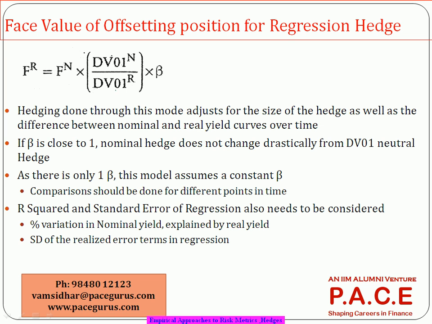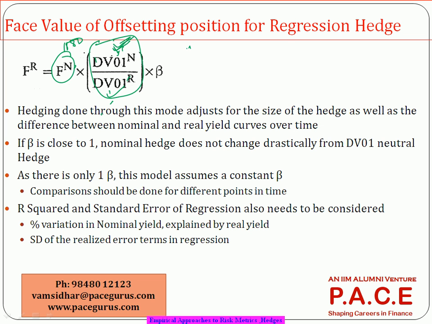So that is where we are talking about when we are finding out the DV01 for security 1, or probably the nominal as well as the real. This will tell you if at all I have to hedge, let's say, $1,000 of nominal. My portfolio is, let's say, $1,000. What we are saying is, this is the DV01 of the nominal versus the DV01 of the real, which